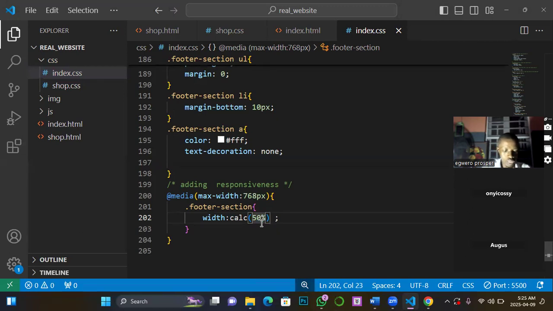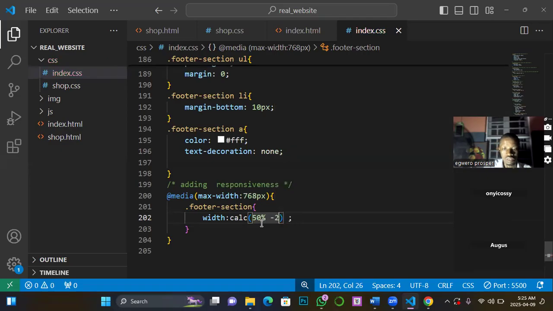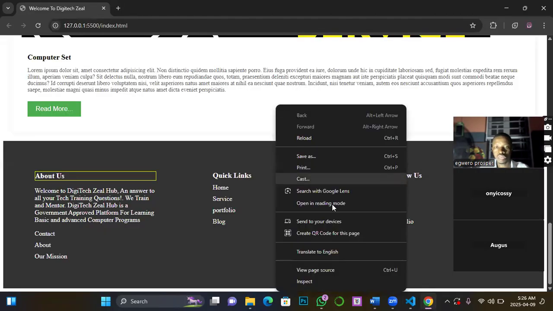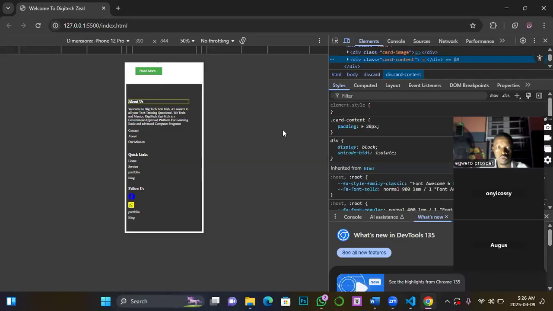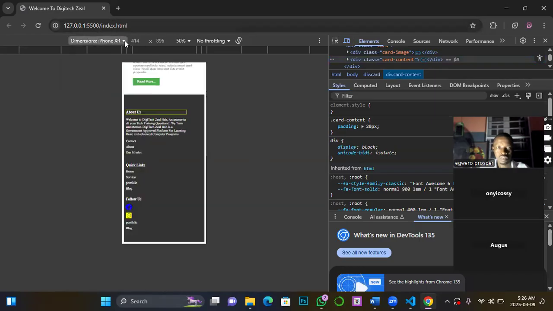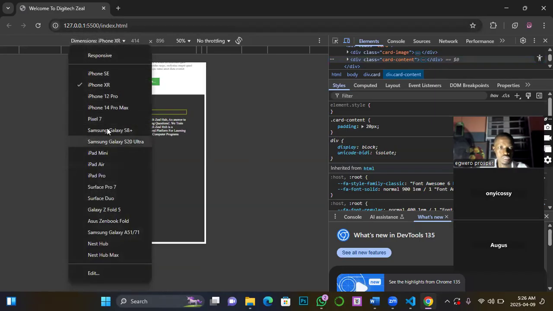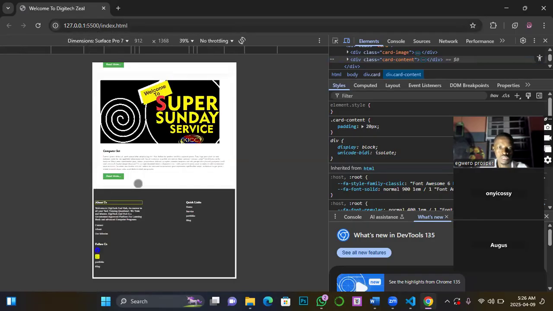50%. And then, of course, on the other side, you can just say 20 PS. So if this calculation method does not work for you, then we can always go back to our traditional way. Let's check different devices. Let's check for this now. You can see irrespective of the device I'm picking, on this device it is